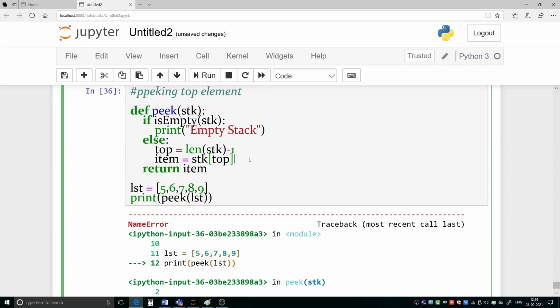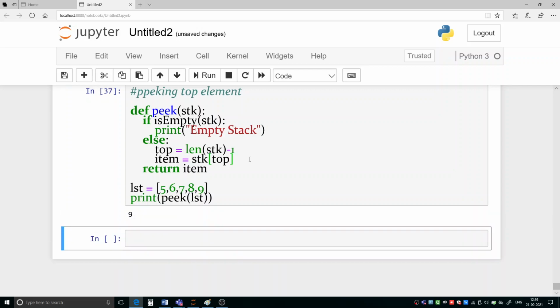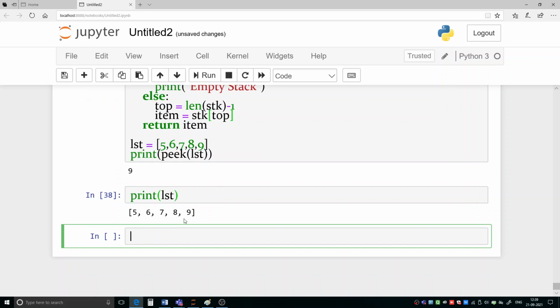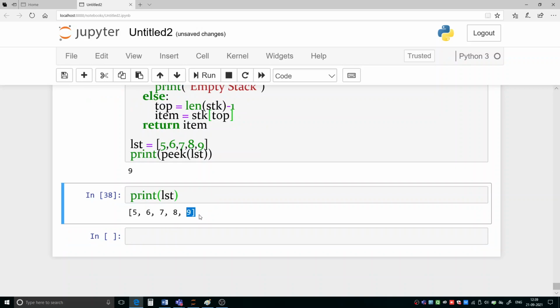Now if you are running it, it is displaying the item at the top. But still, after this, if you print lst, the element will remain there. The element has not been popped, but we are able to see what element is there on the top. I hope you have all got this one.